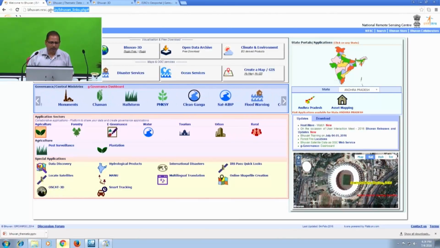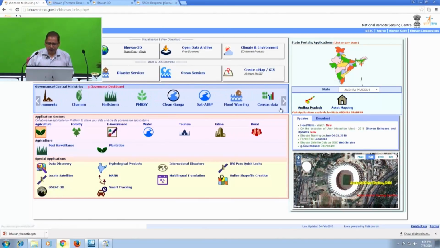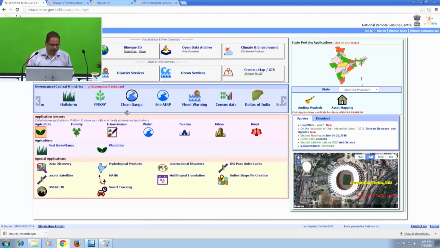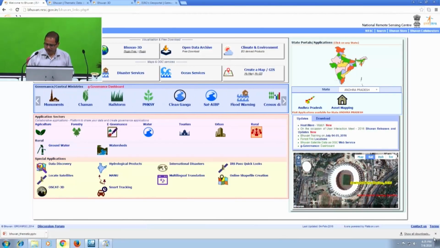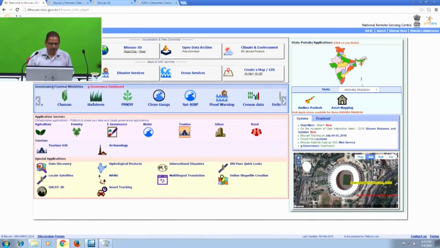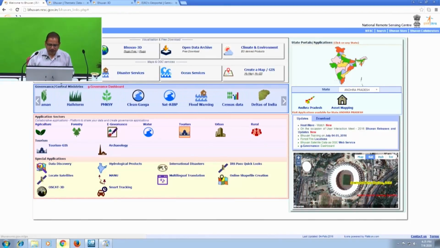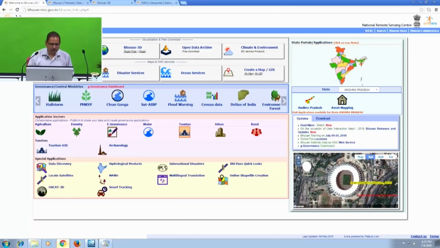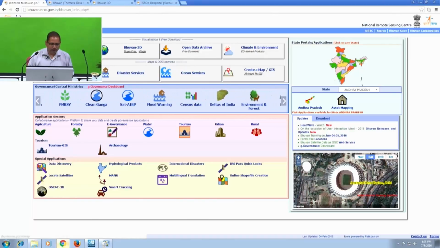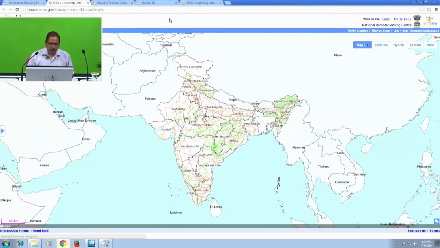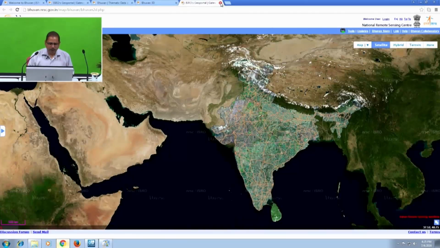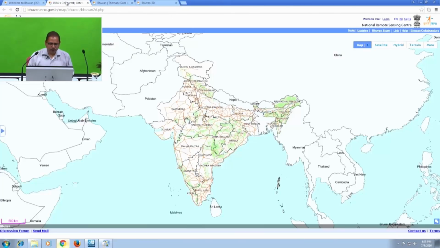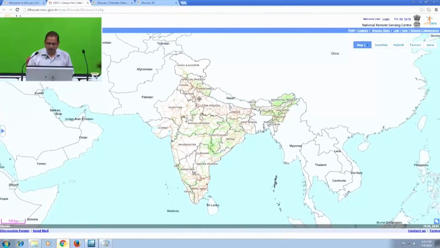So you can see here I have just shown you bhuvan.nrsc.gov.in. Again you can note it down. Here this is a scrolling window. You can also scroll here and there. You can see this website. As far as the components are concerned, I already discussed them. Let us click on Bhuvan 2D. When you click on Bhuvan 2D, you can see what kind of map viewer is available